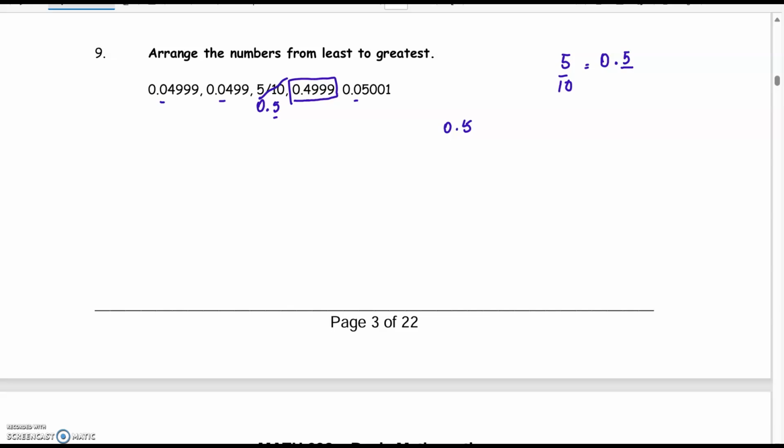0.49999. None of these numbers have a number 4 or greater in the first decimal place value. So 0.4999 will be the second largest number in this list. Now we are just left with the rest of the three numbers, 0.04999 and 0.0499 and then